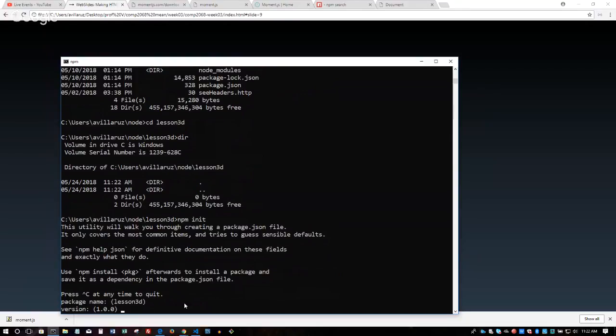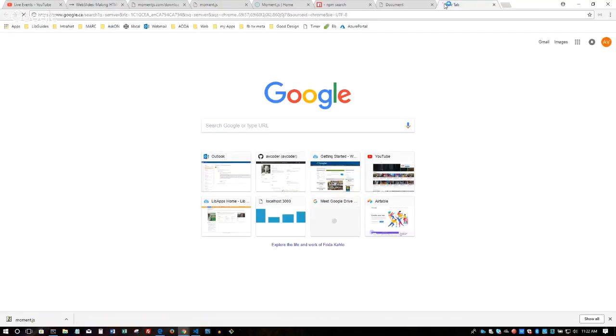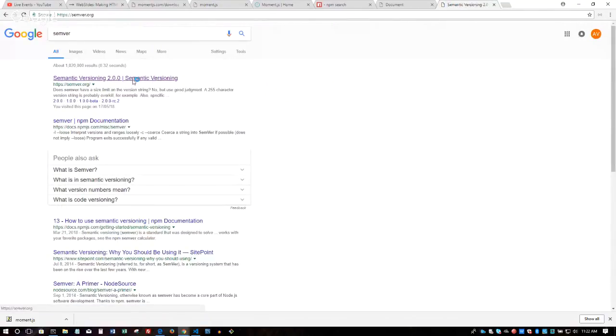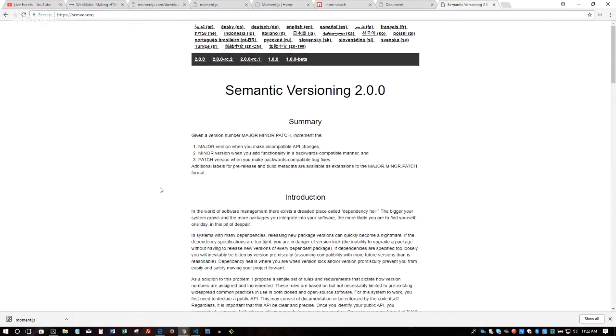Great. The next thing you'll see is the version number. So what is your version number? This is where we get into something called semver. Semantic versioning. You may have noticed that whenever you download something from NPM, it has this kind of versioning number. You have 3 digits. The first digit is called the major version. The second digit is called the minor version. And the third digit is the patch version.